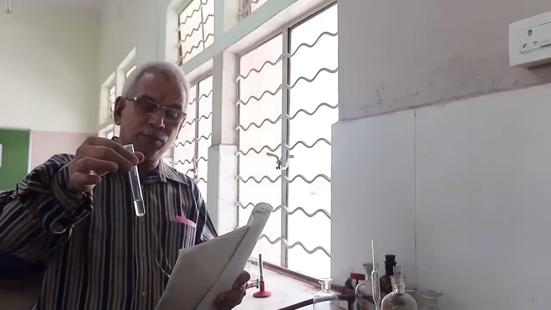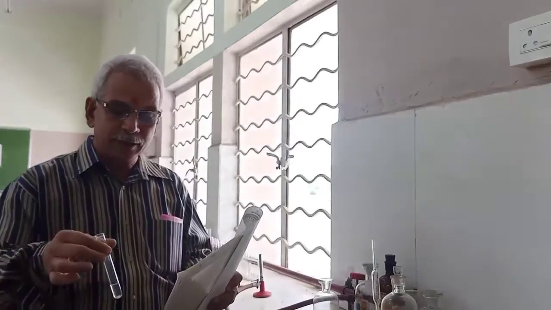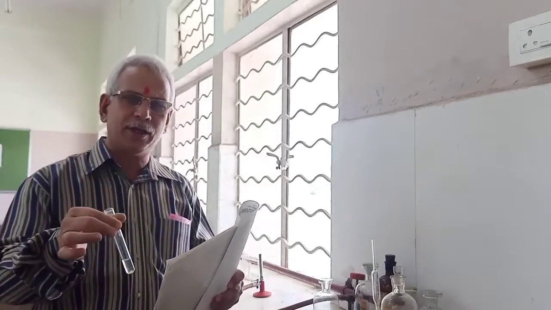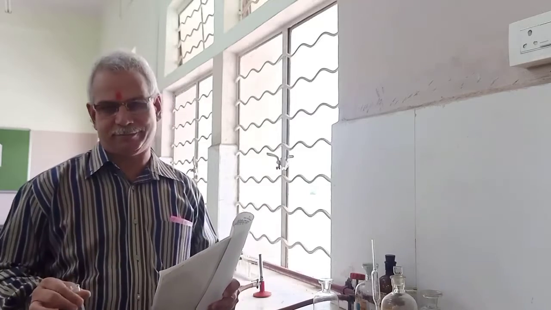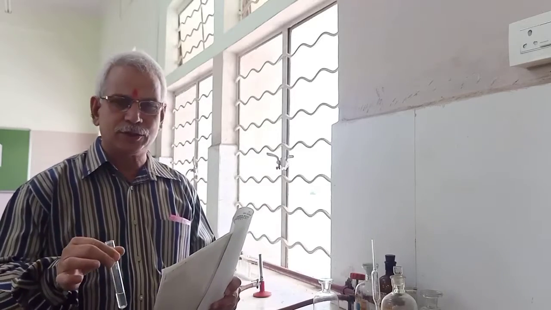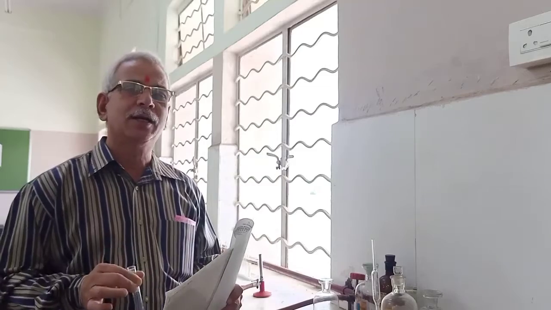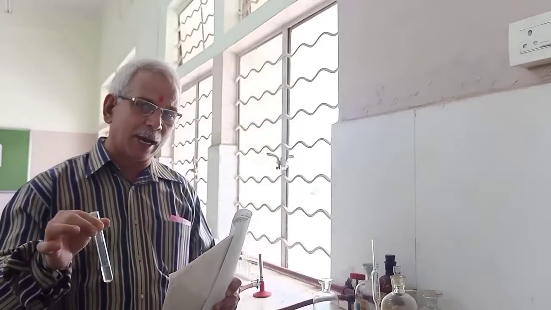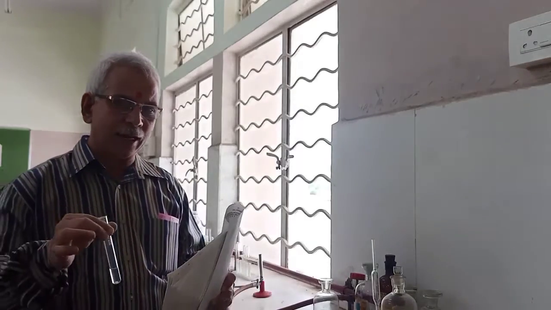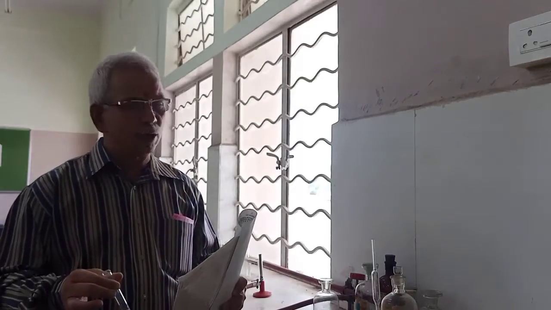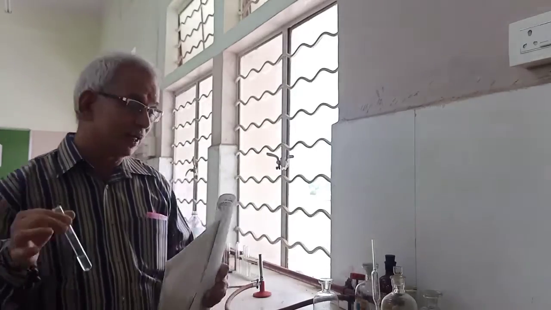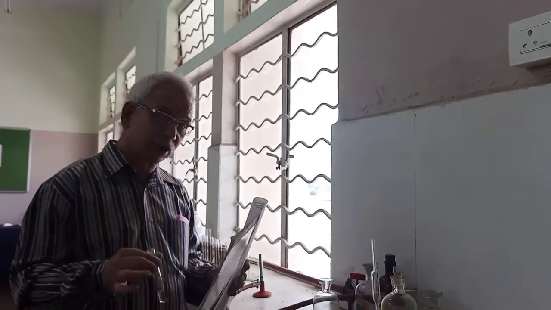Okay. Or light brown fumes? No. That means this test is not giving the characteristic property which is meant for group 1. So the group 1 test fails here. That indicates the anions which are present in group 1 are absent. Therefore, when the anions of group 1 are absent, I should not go for group 1, I should go for the next group, that is called group 2. This I told in my first session.